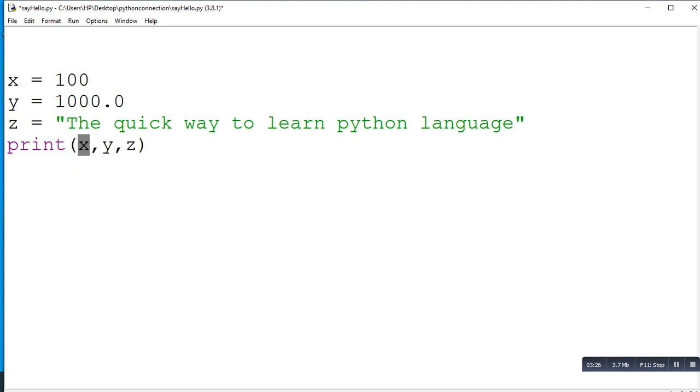Okay, the y also, I use a decimal number there. 1000.0 is assigned into y, and then z also, the quick way to learn Python language, is assigned into z. That means all these words, the quick way to learn Python language, is stored inside the z. Okay, so if I save this now,